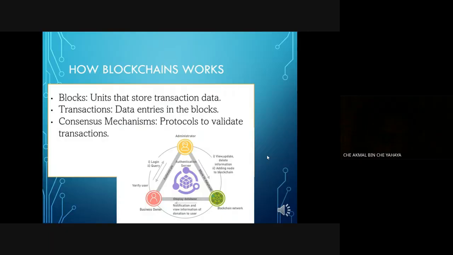And last one, consensus mechanism. It means protocols or agreement to validate the transaction. The concept is usually based from the business owner to the admin to the blockchain network, so they have different tasks for each node: business owner one node, administrator one node, and last one the blockchain network itself. So they will chain in one place, either on a simple application or notification. What they update or delete, or adding a new node, can be recorded time by time.